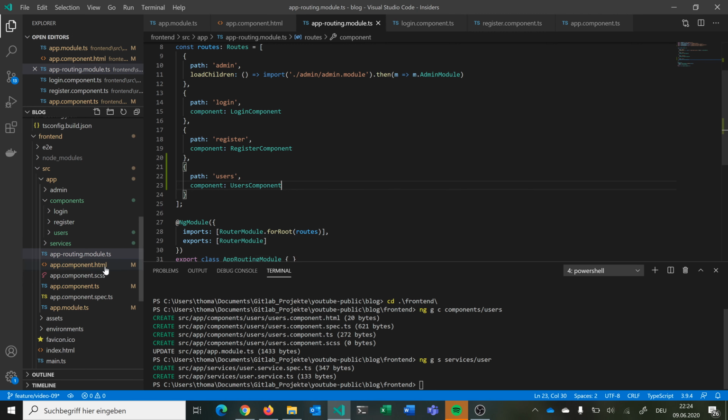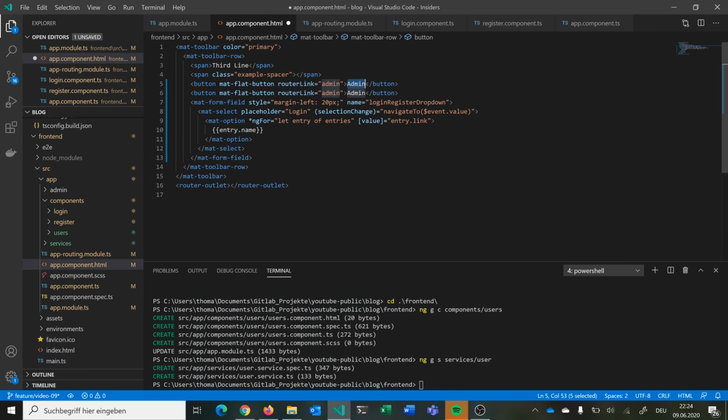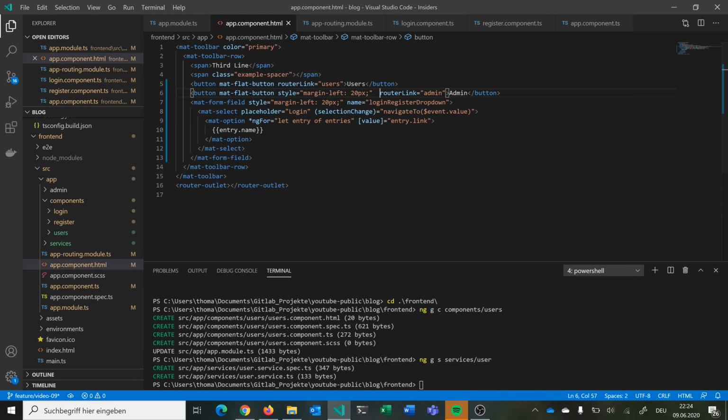that we just created, and now we can add here a new button, and we call this users. And we want to navigate to users, and then we can just add this as a CSS property here to this, and then just reload our page. And you can see we have a new button, users, and we go to our users page or our users